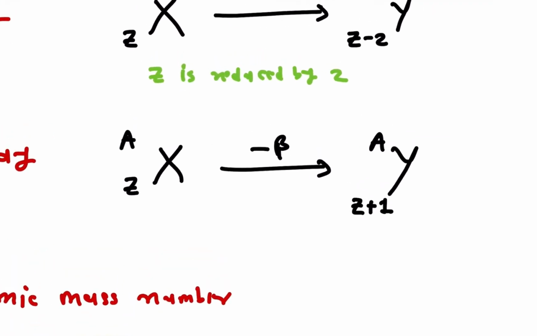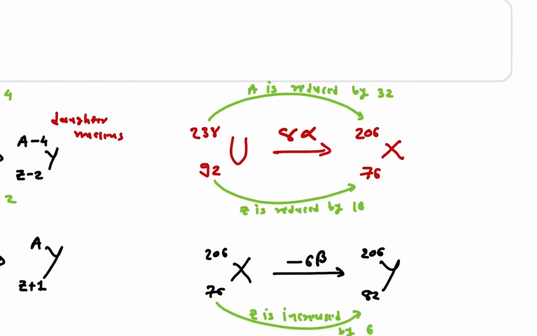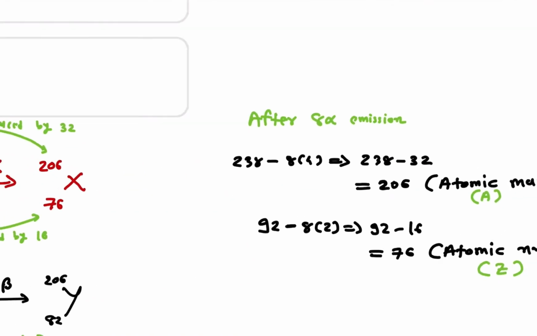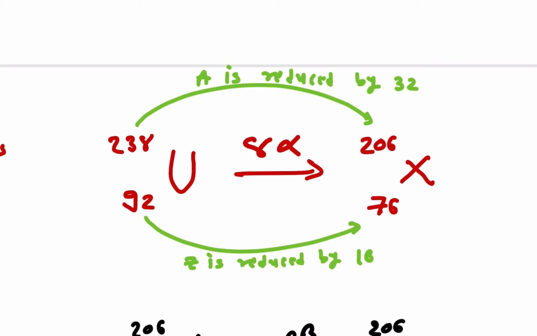Similarly, in beta minus, negative beta decay, the atomic mass number remains the same, but Z, the atomic number or number of protons, is increased by plus 1. That means in negative beta decay, A remains the same in the daughter nucleus, but Z is increased by 1. So here, 8 alpha particles. After 8 alpha emission, what happened? U-238 (92), the X in the daughter nucleus, becomes 206 X 76, because A is reduced by 32, and similarly Z